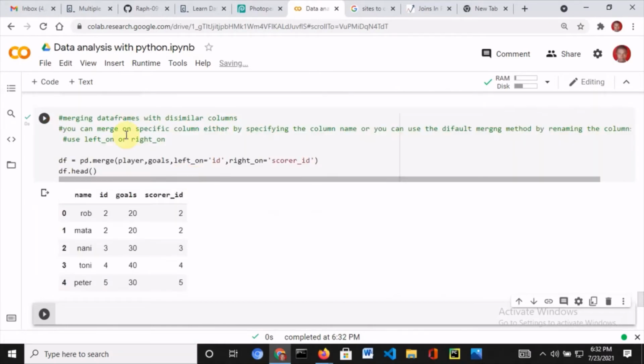So that's it. The only difference is that it creates two columns, but the columns are the same, so you can drop one and take the other. So that's it for inner merging. The next